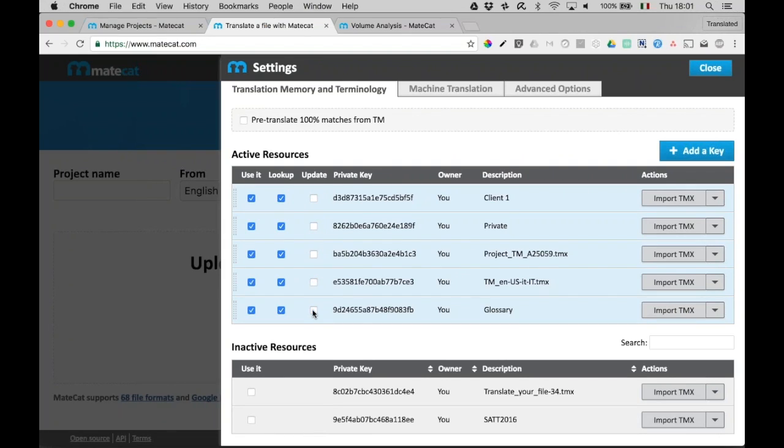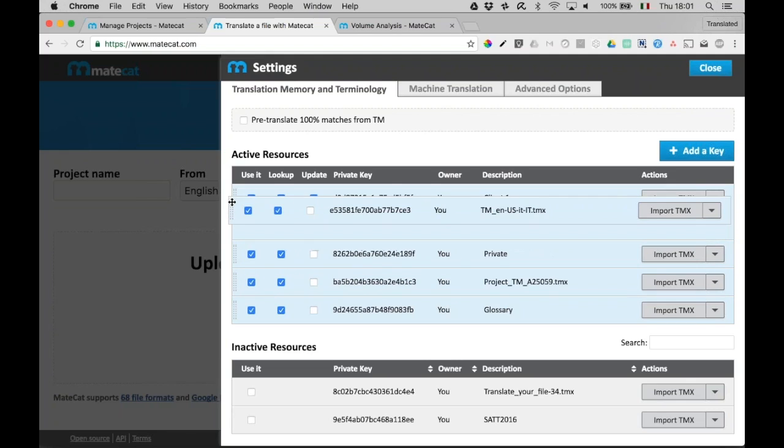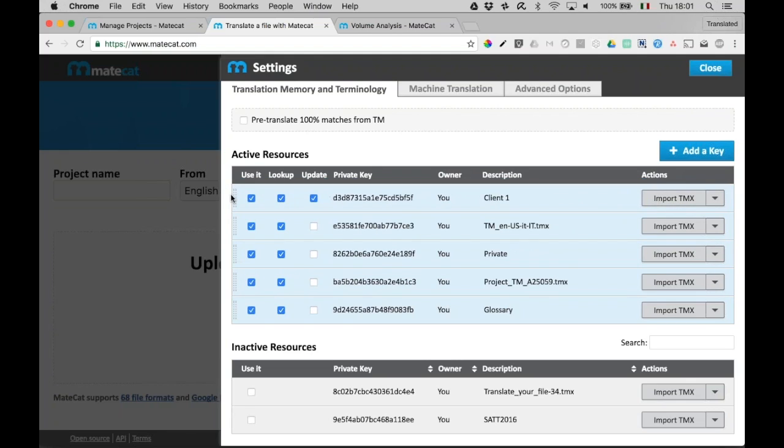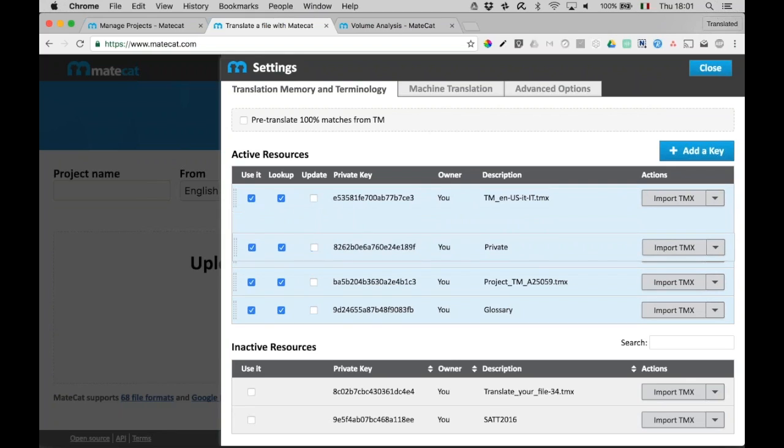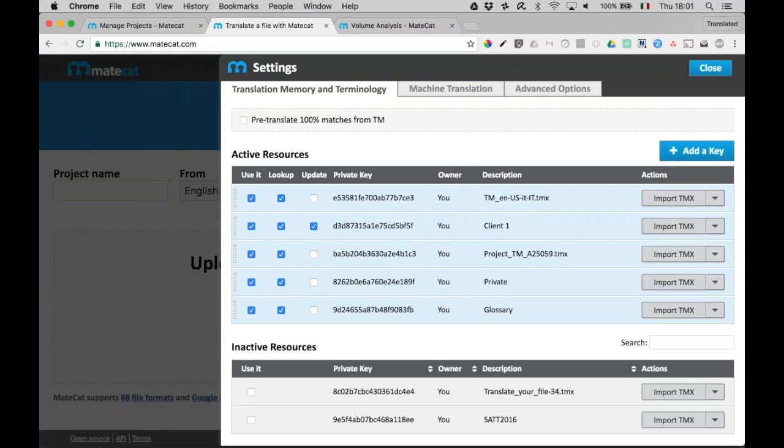So with this setting here, I'm not updating any TM. With this setting, I'm just updating the client TM. But what if my best TM is actually the fourth one? I can grab it and move it up. So as you can see, I can just move them around. And this is how you prioritize the TMs. You just drag and drop them around among the active resources.